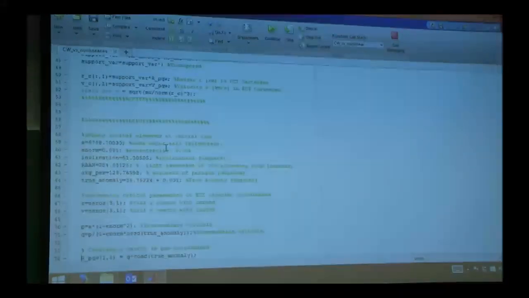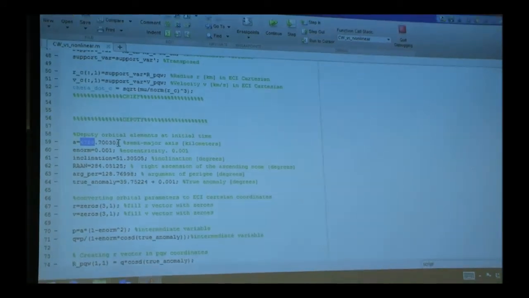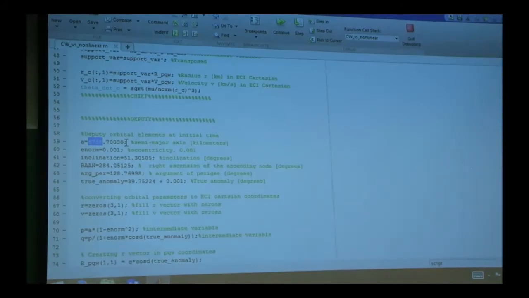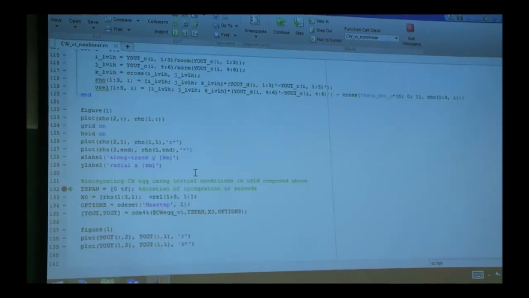The deputy has, did I say chaser again? Tell me if I do. The deputy had a couple of kilometers less. The period of the deputy is shorter than the period of the chief. It's going faster. It's going ahead. The oscillation is due to the fact that there is an eccentricity. Now I'm going to remove the eccentricity and show you that that goes away. But that's what you have to look at. That's what justifies why it's going that way.